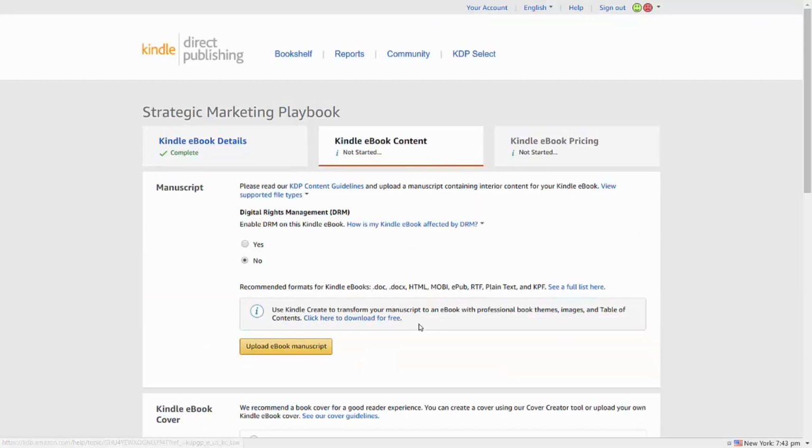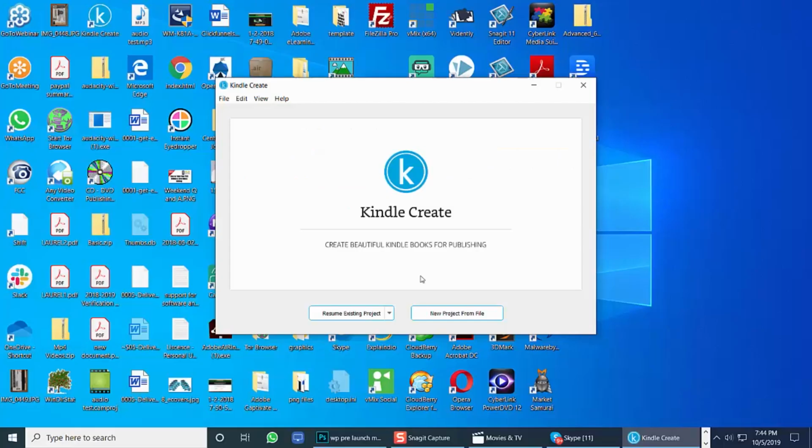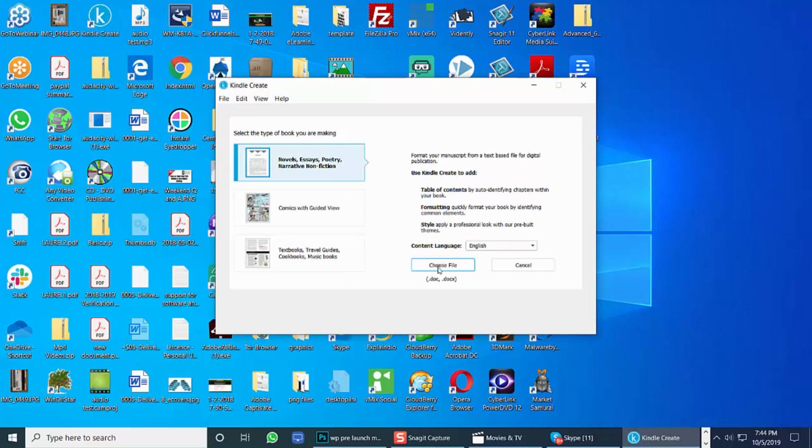Now, what you can do in order to create your document into an ebook is you can use Kindle Create to transform your manuscript into an ebook, and you can do that by downloading from this link. Once you have the application open, you can then click New Project from File. You'll then want to choose the type of book you're going to be offering, and then you're going to choose